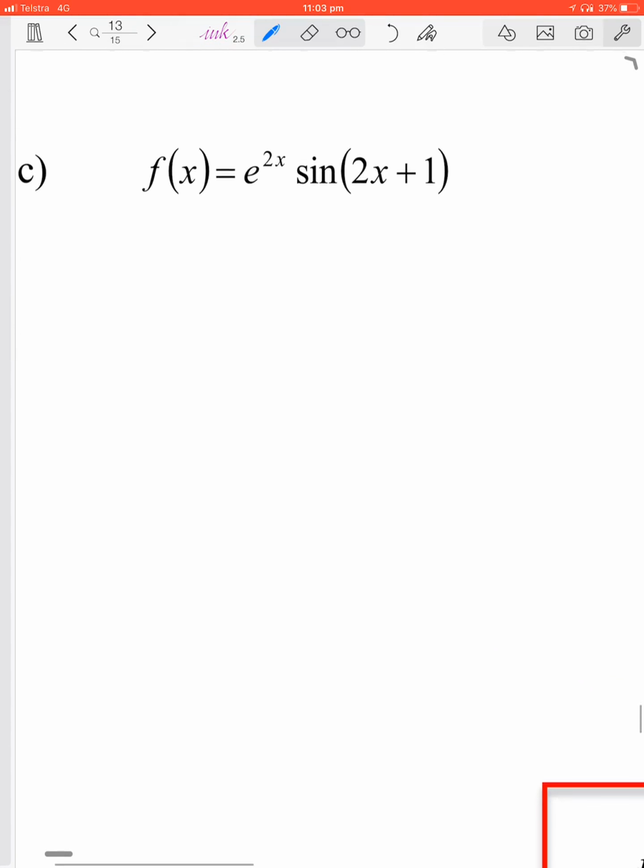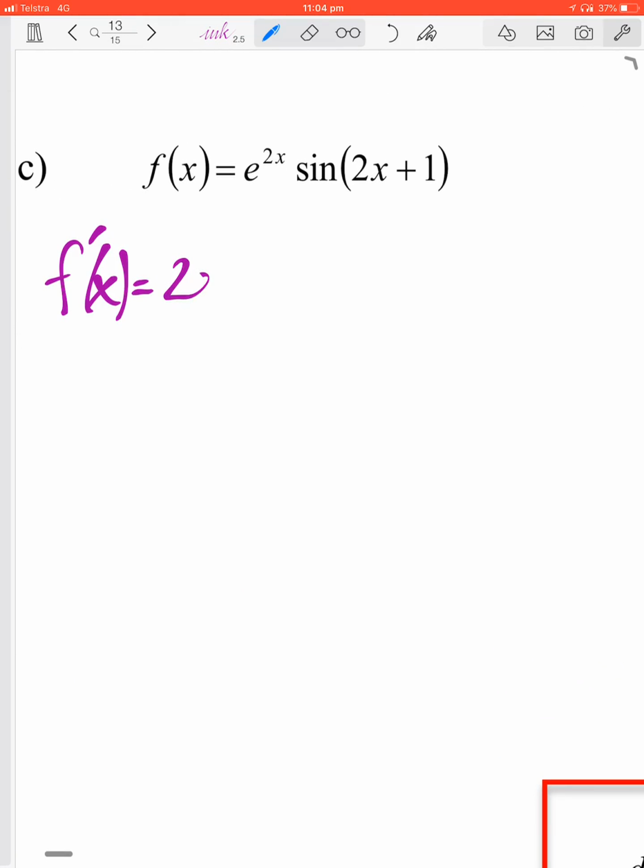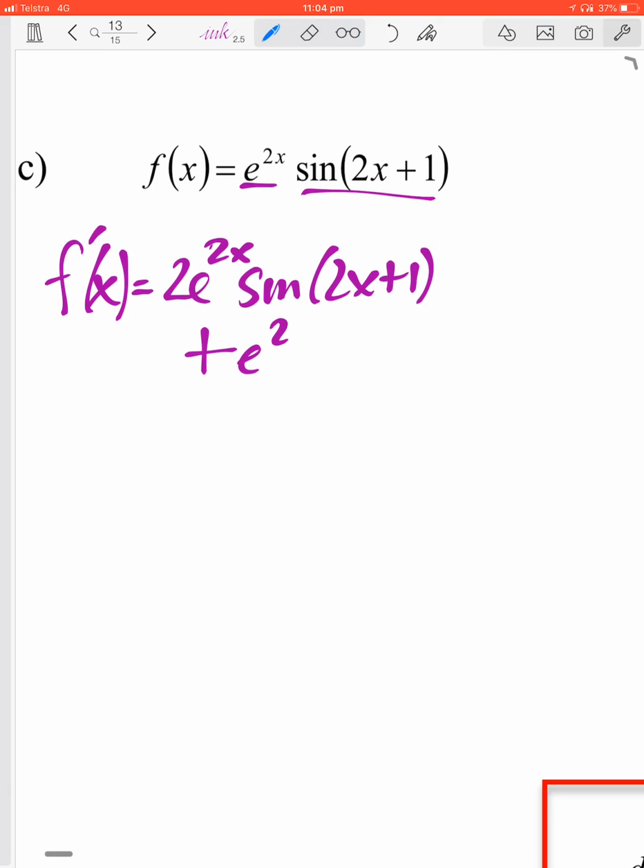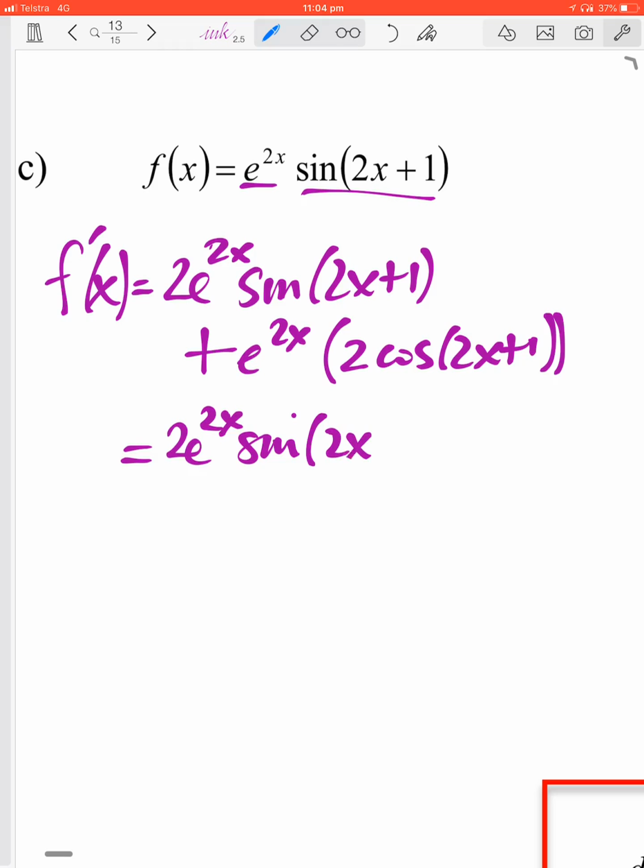So why does it keep disappearing? Okay, so f dash x: derive this, 2e to the 2x, and leave the sine 2x plus 1 alone, plus, so I derive that, leave that alone. Now I leave that alone, and then I derive the sine 2x plus 1, which we know when we derive sine 2x, we get 2 cos 2x plus 1. So we end up with 2e to the 2x sine 2x plus 1 plus e to the x,